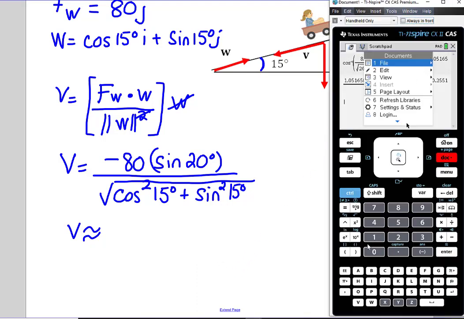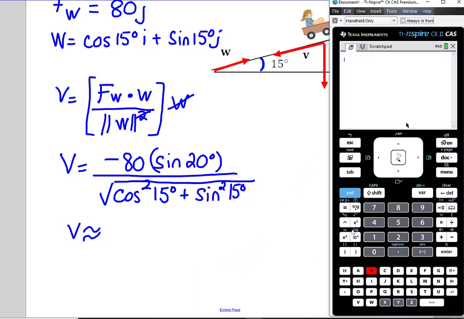And we'll clear that off. We've got a fraction with negative 80 times the sine of 20 degrees in the numerator. And in our denominator, this is a little trickier to put in there. Square root, I need a set of parentheses for the cosine